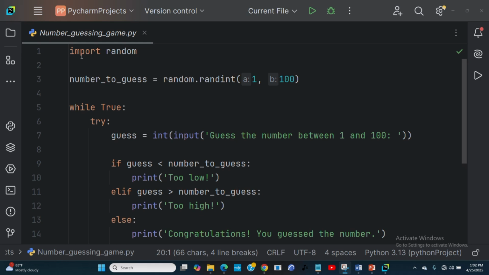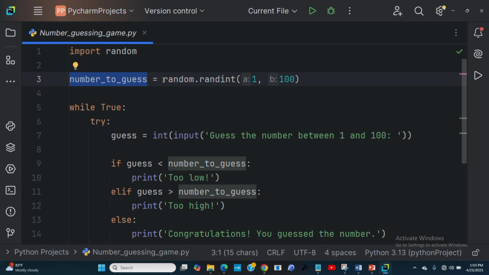So if you look here, an important package is called random, because the computer is going to be generating a random number, isn't it? I'm going to use random.randint. What is the range of the number? Between 1 and 100. You get it? It's going to generate a number for us, and I'm assigning it to a variable called number_to_guess. Meaning this is the number that is being generated, and within this range we have to guess the number, isn't it?